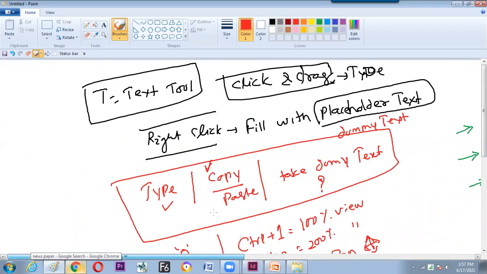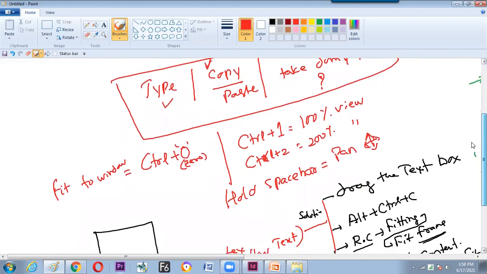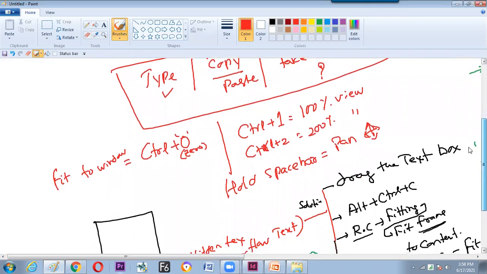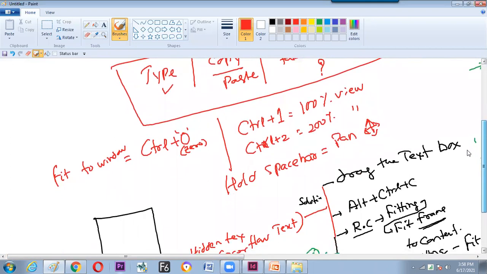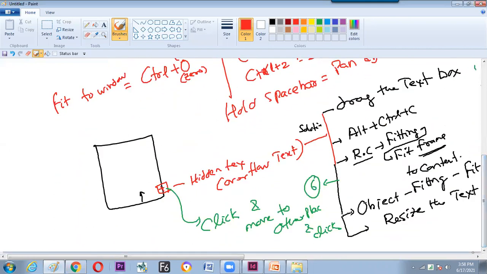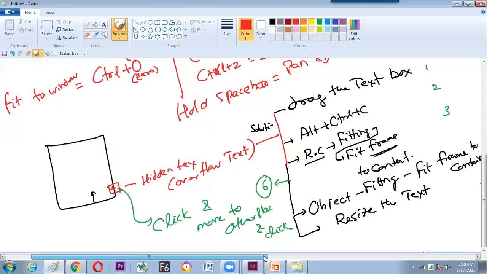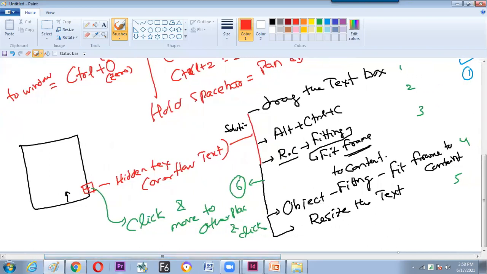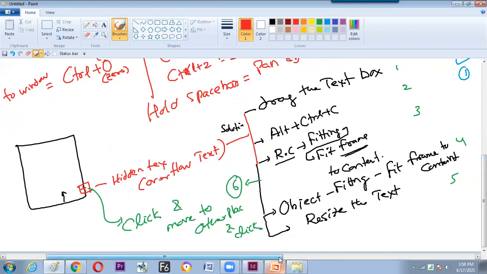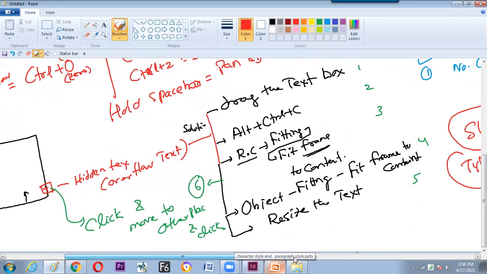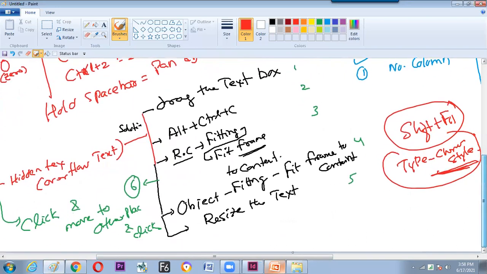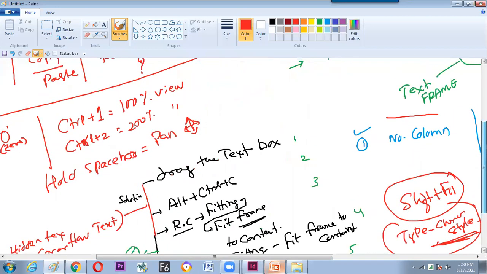We started the class by refreshing the previous class. Then we got to know how to handle the text, how to activate the text, what is called placeholder text, and why to use placeholder text. Then we saw how to zoom in on the screen because the text is very small, with the Control 1 and Control 2 buttons. The placeholder text is there in the right click as well as in the Type menu. Then we learned the overflow text concept, how to handle the overflow, because we will be coming up with a lot of text in InDesign. It can be controlled in 6 different ways, and mostly you click and move to the next page.